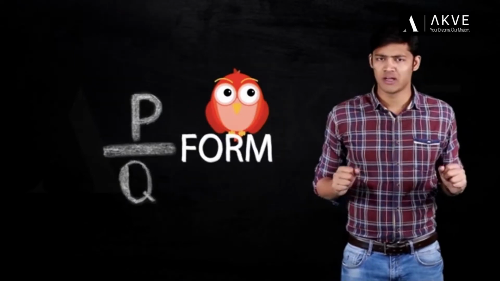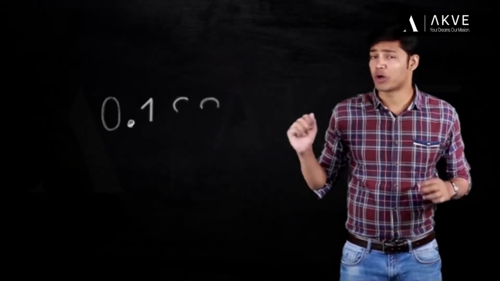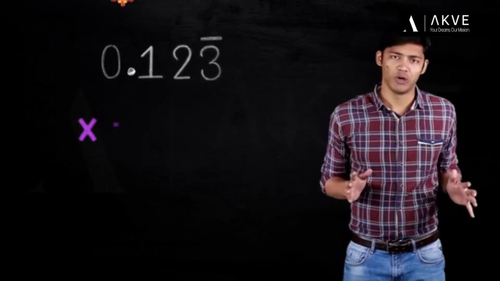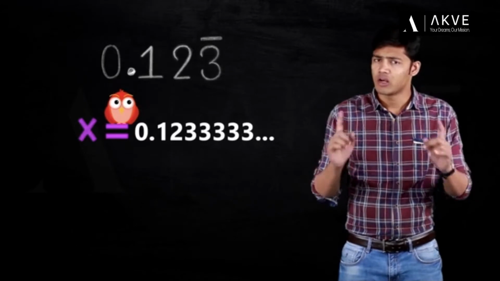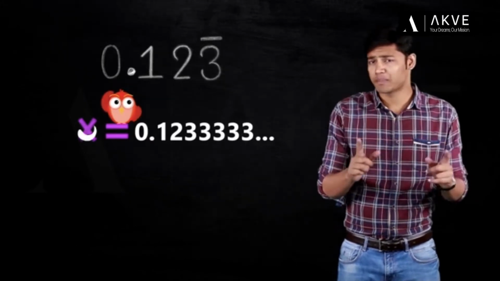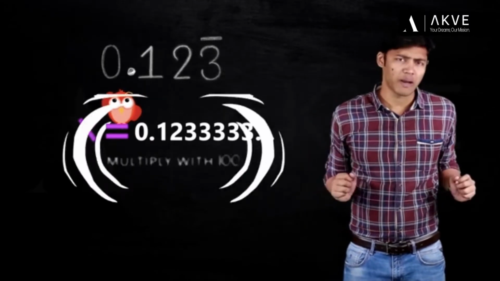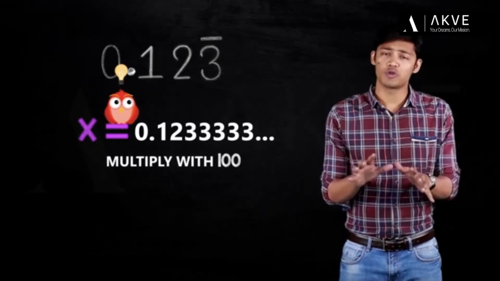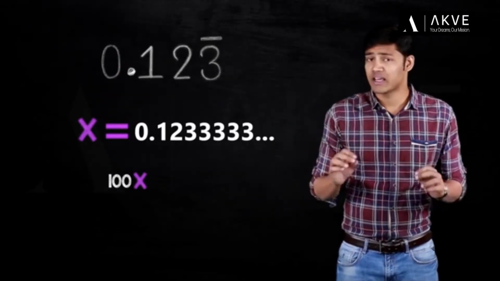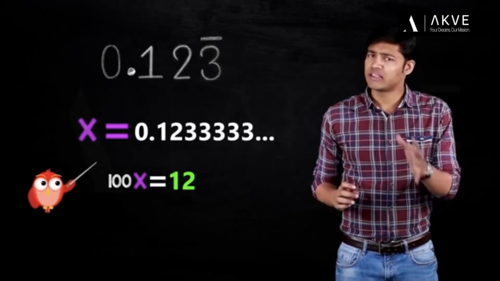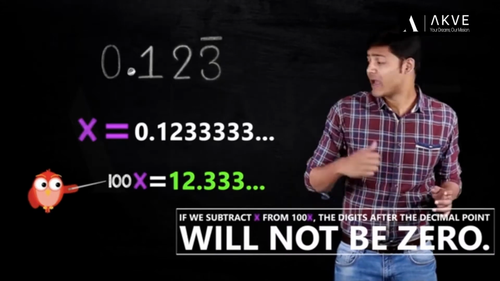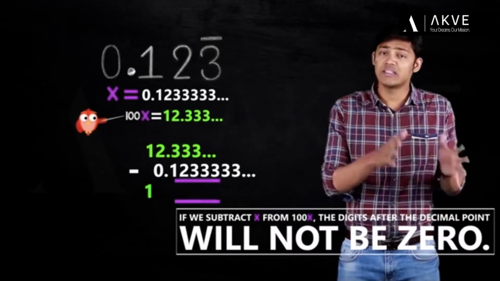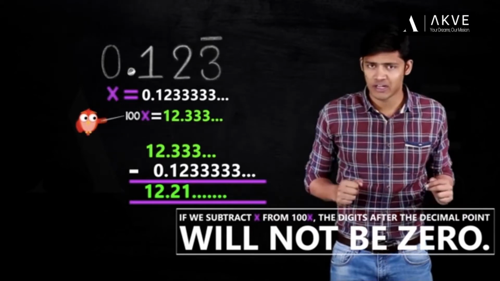Let's convert some more decimals into their p by q forms. Let's start with 0.123 bar. So x is equal to 0.12333 and so on. Now, by which number do we multiply x? Let's multiply with 100. And doing so, we will get 100x is equal to 12.3333 and so on. Now, if we subtract x from 100x, the digits after the decimal point will not be